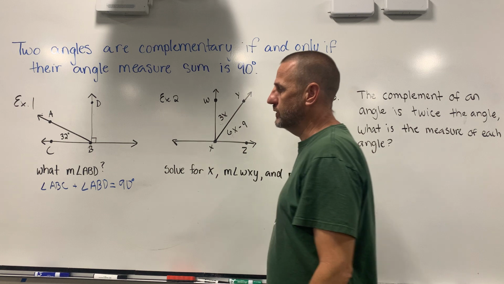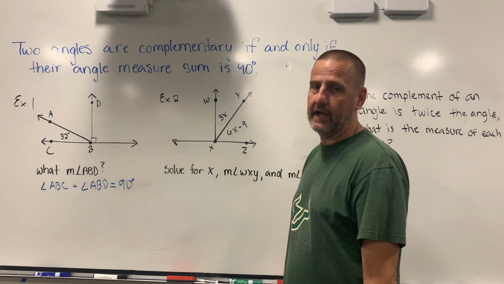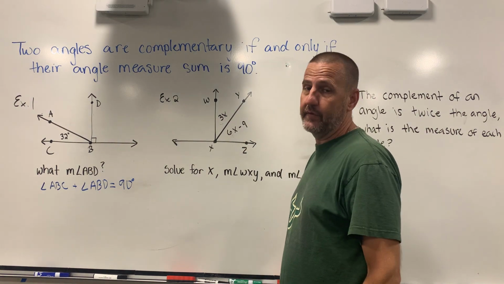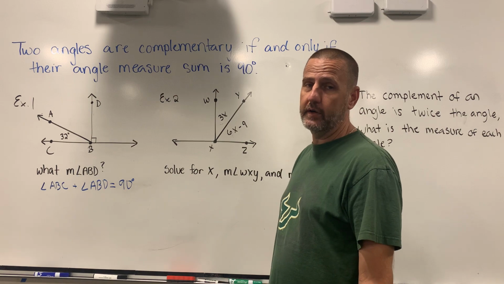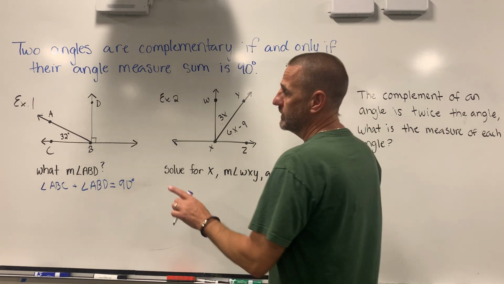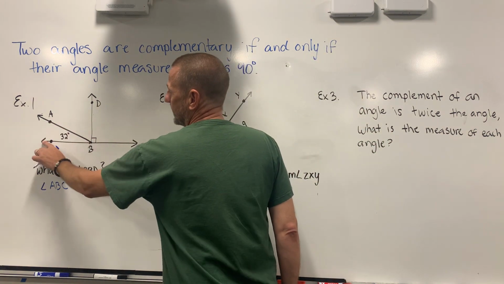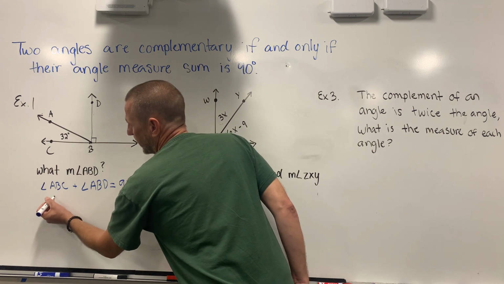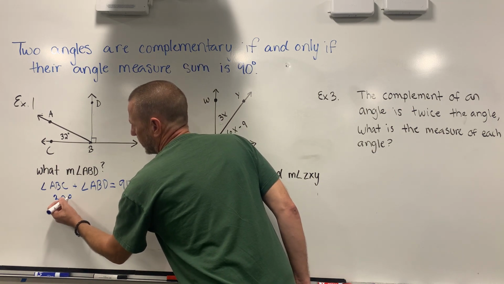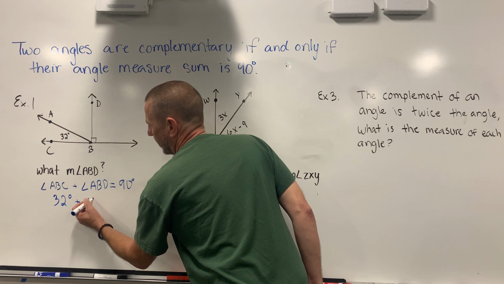Using angle addition, I know they have to add up to 90 degrees. Now, if I substitute in a value for one of them, I can figure out the other one. Since I know that ABC is 32, now I know that 32 plus angle ABD